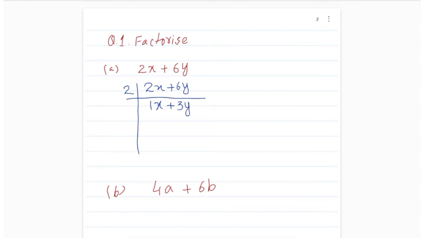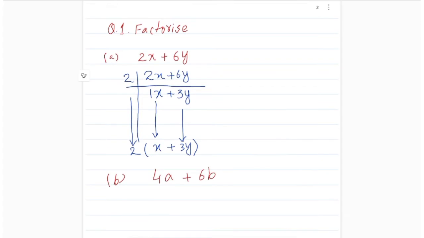And y. Now we can see that there is no more common. So that is why 2 will remain outside of the bracket and the rest is 1x. So rather than writing 1x, we'll be writing x plus 3y. So this is the factorization of 2x plus 6y, which is in the form of 2 bracket x plus